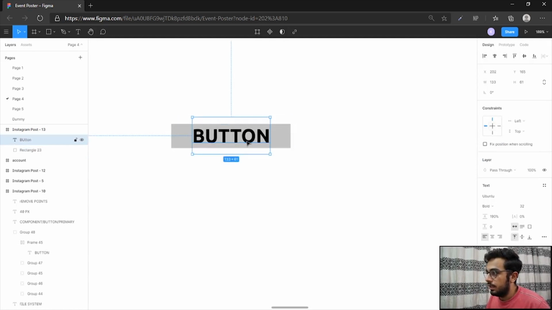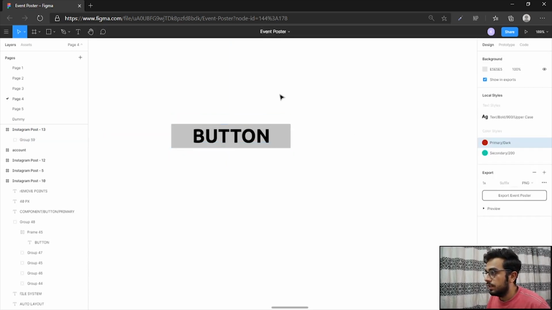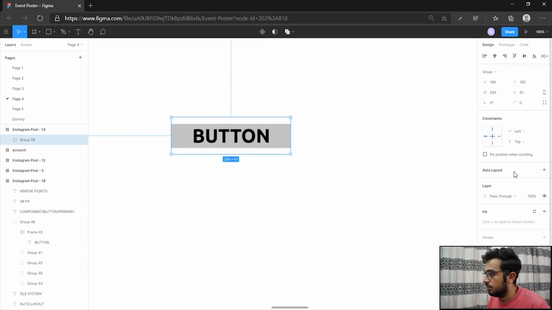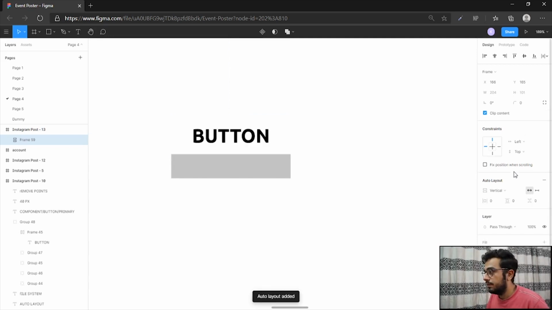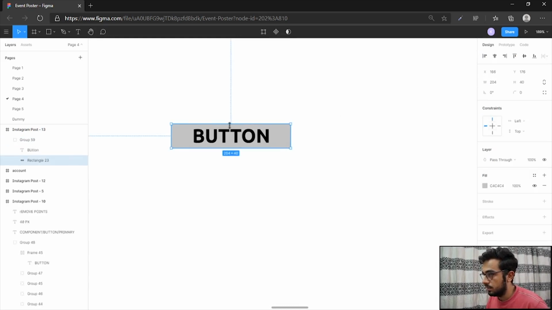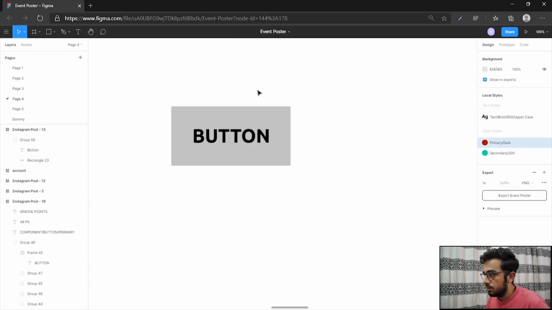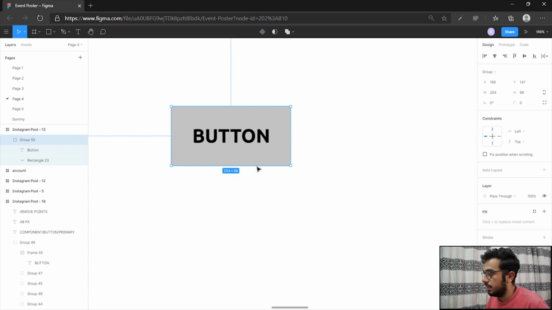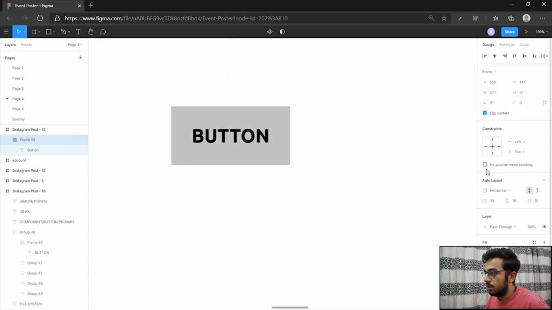All right, and then what you can do is click on both, and group them by pressing Command or Control G. So when they are grouped, you might see an option here of auto layout. So what this does is it defines your button. Let me just increase the size of this rectangle. So now that I've increased the size of this rectangle, let me add it to an auto layout.